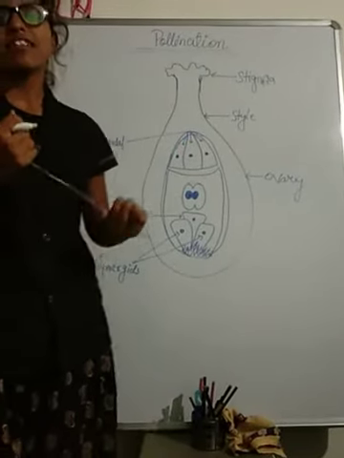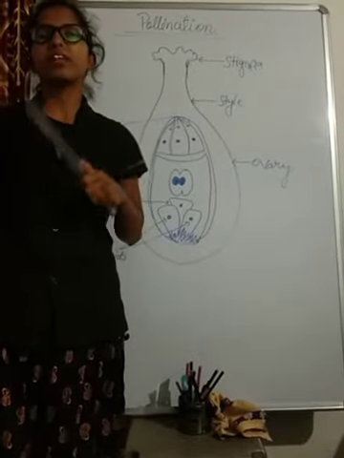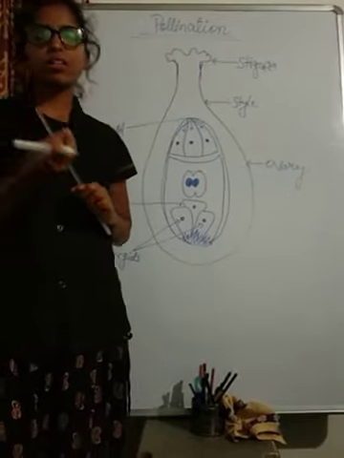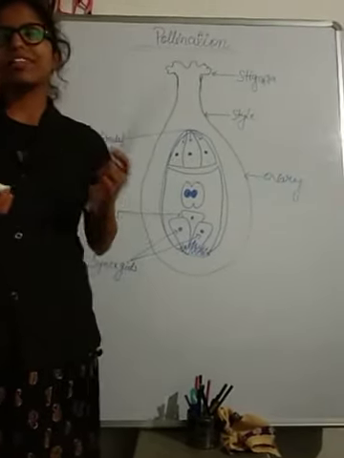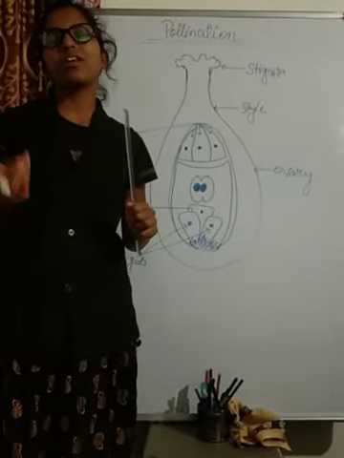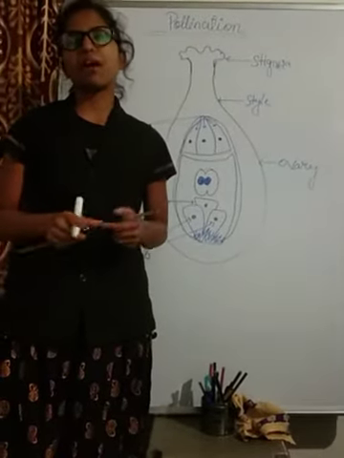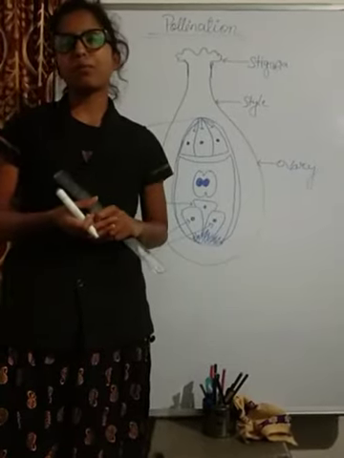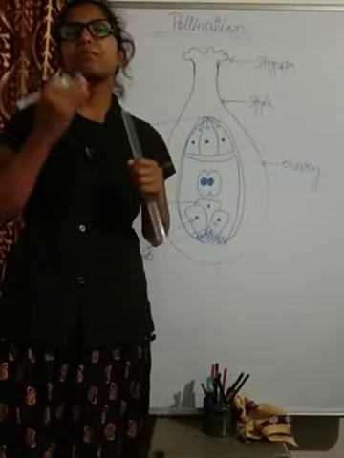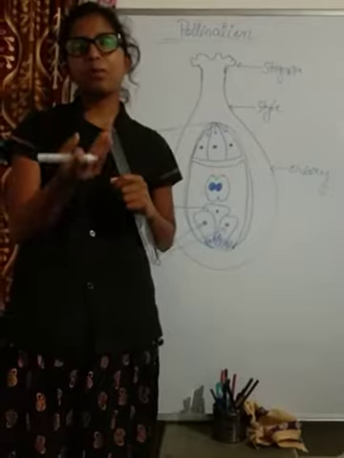Hello students, in the last vlog we studied the compatibility and incompatibility of the flower, that is, on the basis of the pollen, which is compatible and incompatible. So in this vlog, we are going to see what happens when the right type of pollen lands on the female reproductive part of the flower. Compatible pollen is landing on the female reproductive part. This is the part where we will see the fusion of the gametes, or the pollination.